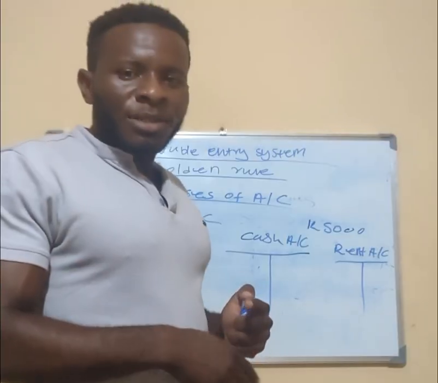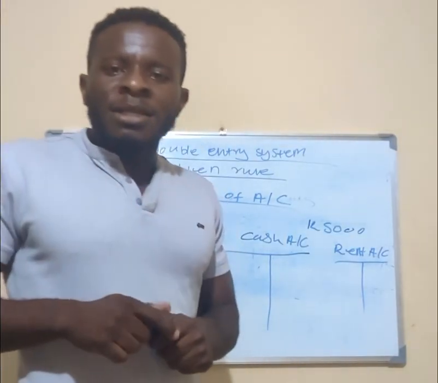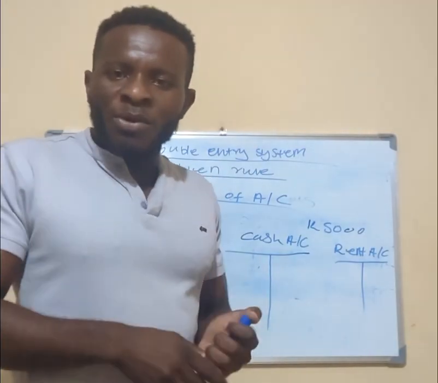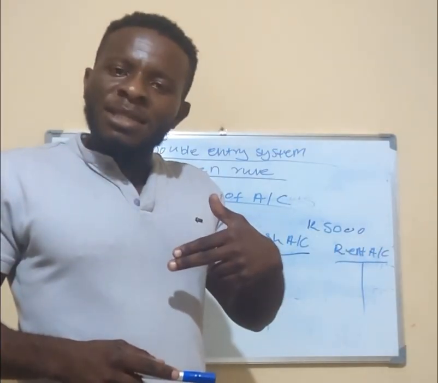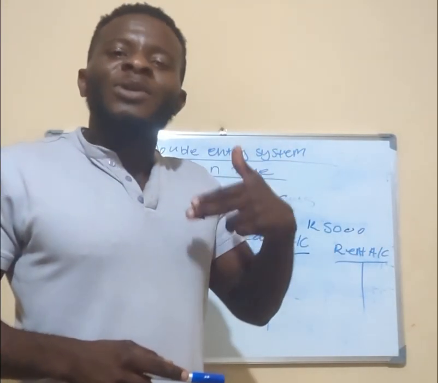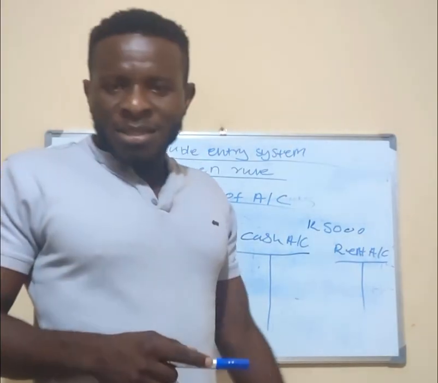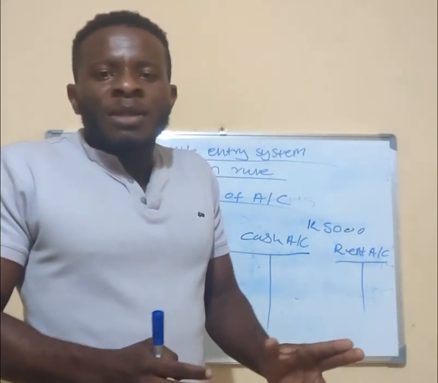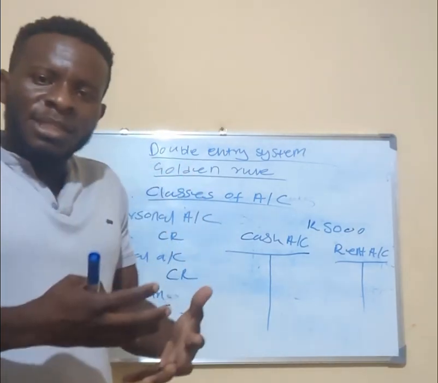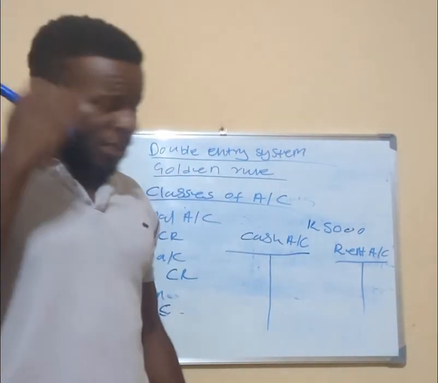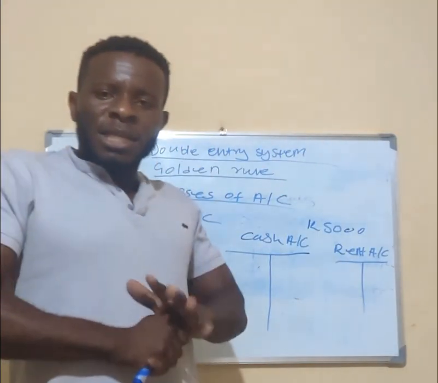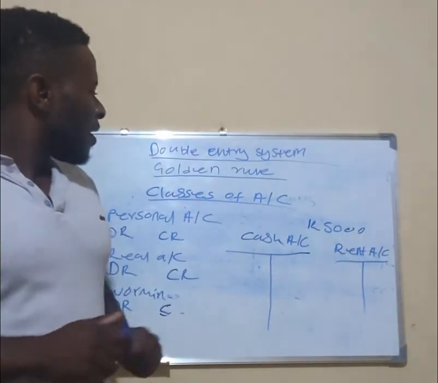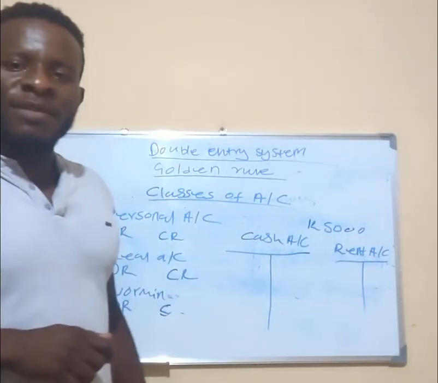And in real accounts, I said, we can only see assets, like for example, a motor vehicle, we can only see it when it enters the business, and we can only see it when it leaves the business. So under that, I said, you should debit what comes in and credit what goes out. So cash is an asset, so it falls under real accounts. So received rent worth 500 by